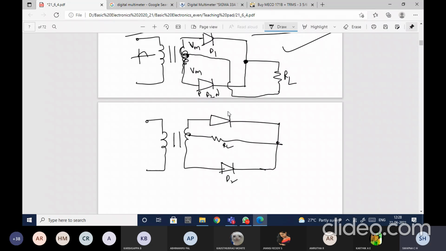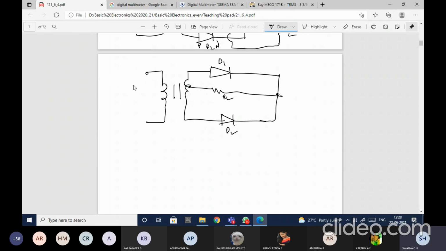This is diode D1. This seems to be simple, but why I have specifically drawn it like this is to know the current and voltage that is flowing through the RL. Whichever you are comfortable with, you can use. Now let us start the analysis. Here again, a step down transformer. The transformer input will be given 230 volts 50 hertz, which is the regular power supply to our houses. Now again, I need to analyze for the positive half cycle and the negative half cycle.